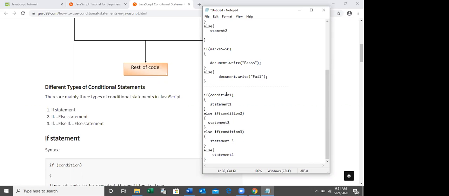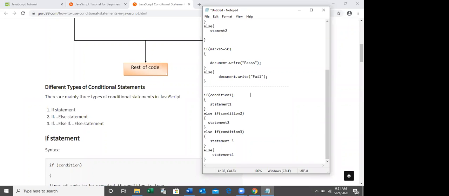Suppose condition 1 and condition 2 are false, this will check condition 3. If condition 3 is true, statement 3 will be executed. Suppose condition 1, condition 2 and condition 3 are false, statement 4 will be executed. This is what we call the if-else statement.